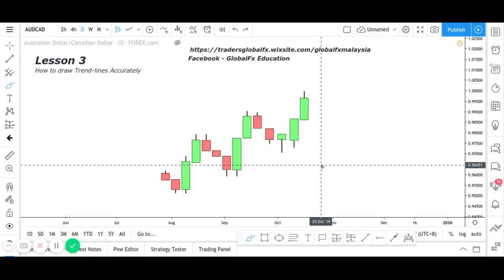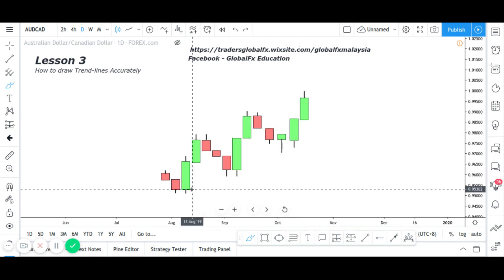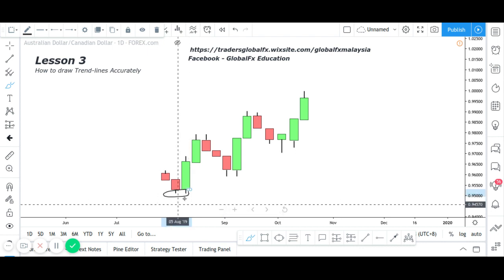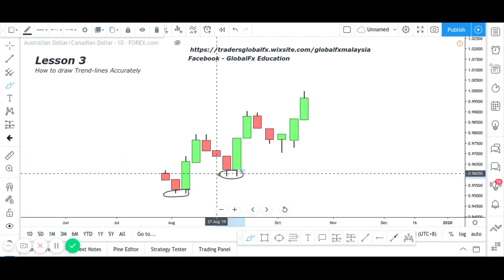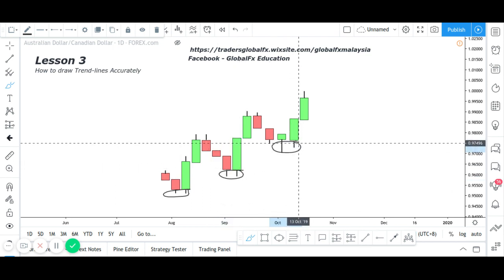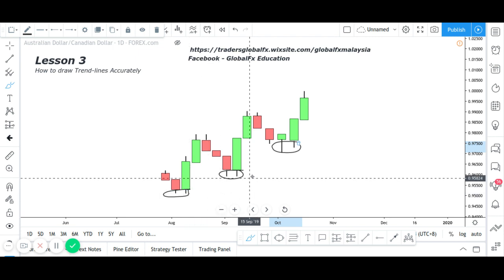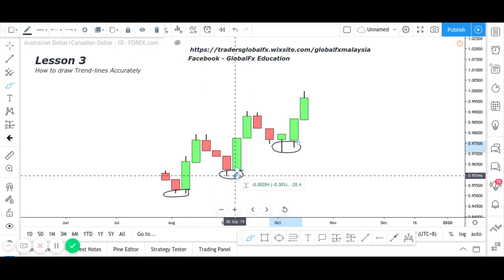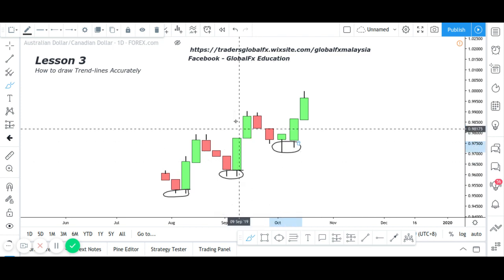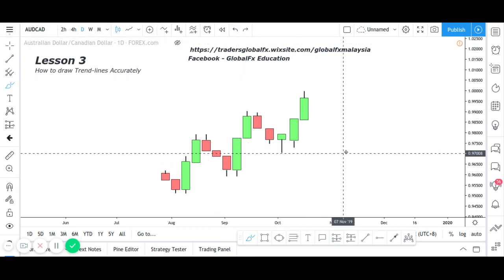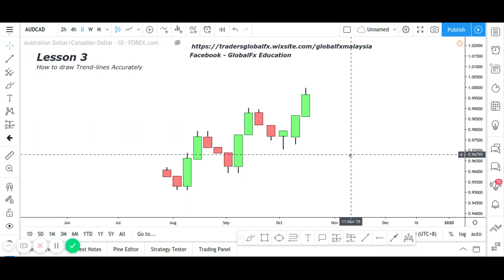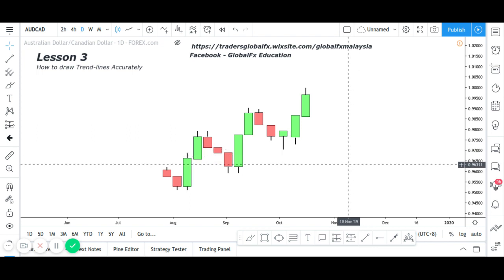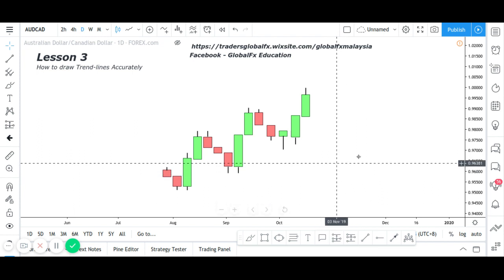Now, normally in the Forex market, we will always have a lower low at the bottom, then we will have a higher low, okay, and then we will have another higher low at the bottom. So this is how the market works. It's making a lower low, a higher low, a higher low. Now, in order for us to profit off these kinds of markets, when the markets are ranging or trending like this, it's very, very easy for you guys to understand how the market works if you guys watched lesson 1